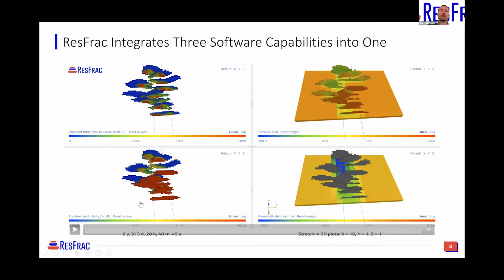On the fracture conductivity, I will note this is a static image that is taken in the middle of the child fracture, so you can see very high conductivity in that first stage of the child well. But if we look at the completed stages, you'll notice that there's an almost negligible conductivity in the unpropped regions, and then higher conductivity in the propped portions of the fracture. So ResFrac is modeling both the unpropped as well as propped portions of the fractures.